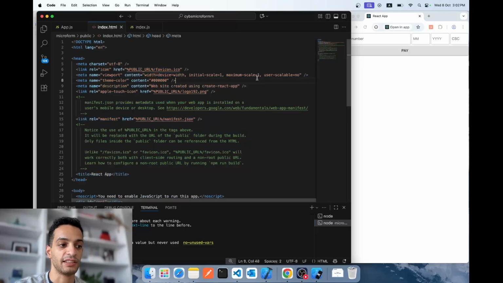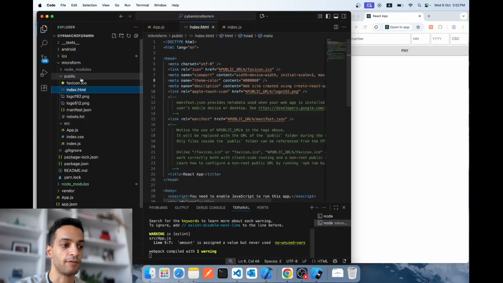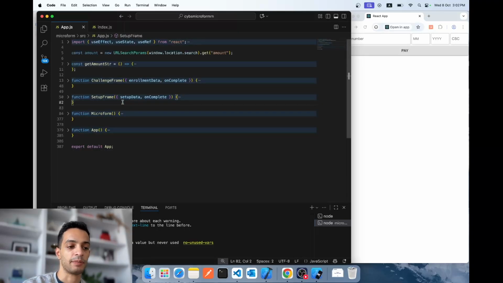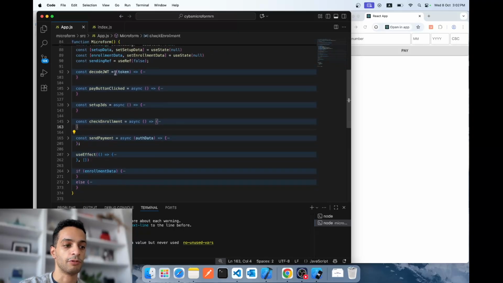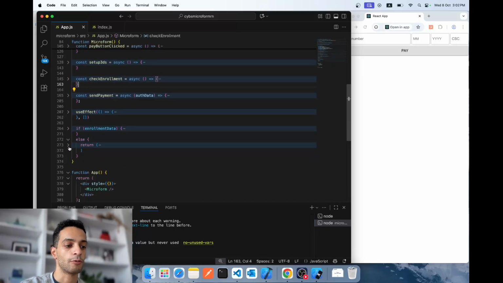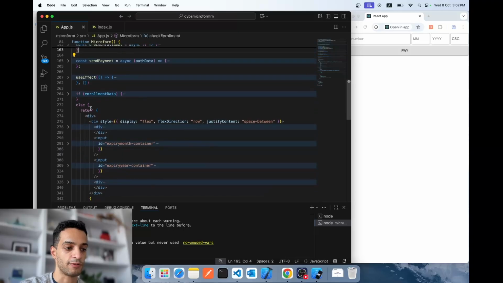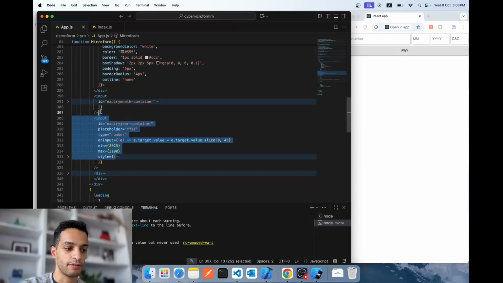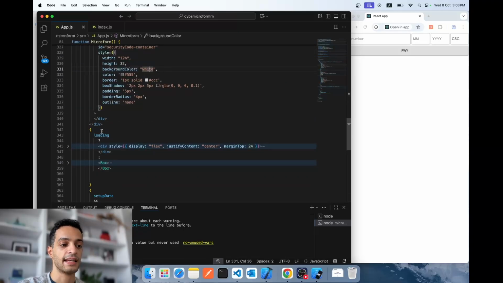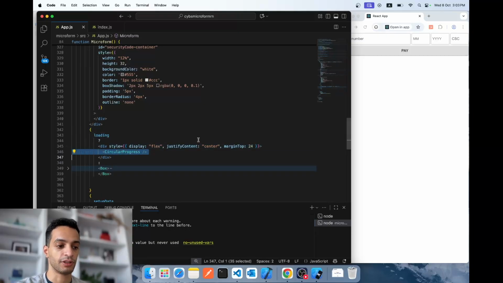So make sure this is here in the index.html inside the public folder. Anyways, when you implement Microform in React.js, you're going to end up with one component that has the Microform in it, looks like this, and then your Microform will be here. This is my payment form HTML, expiry, and then the CSC. And then I also have a loading indicator that shows up when the Microform is loading or when the payment